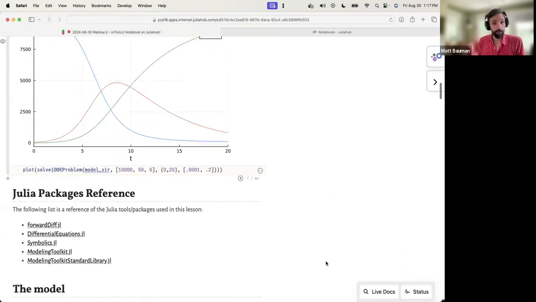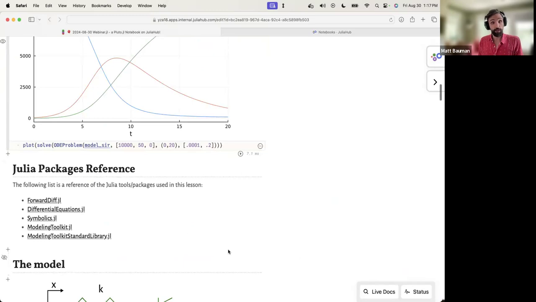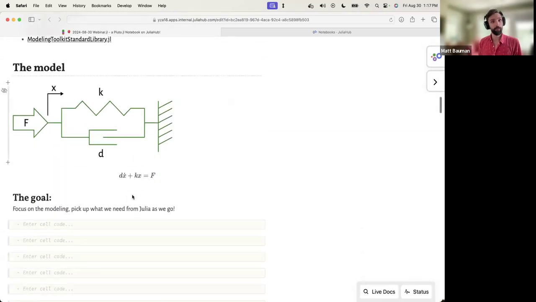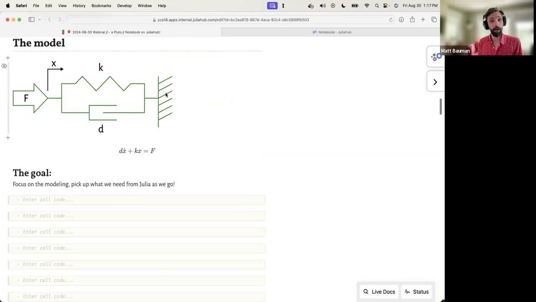All right, so we're going to use a bunch of packages in the Julia ecosystem. Most notably, we're going to be leaning a lot on the SciML ecosystem. What we want to build and develop is a very simple model, just a spring and a damper, where we take some force and apply it to the spring, either pull it or push it, right? You want to see where the spring ends up